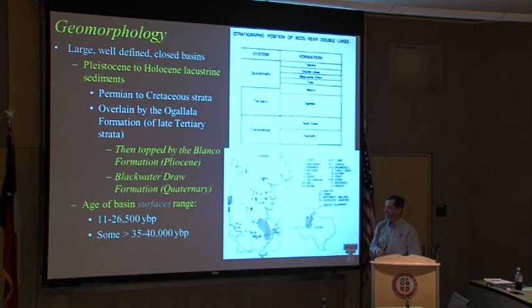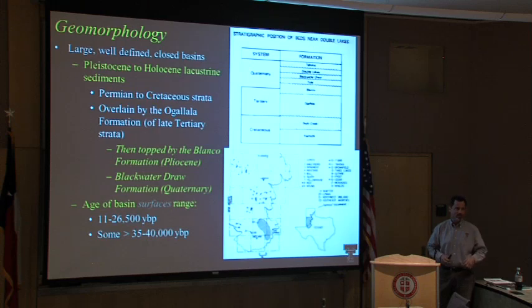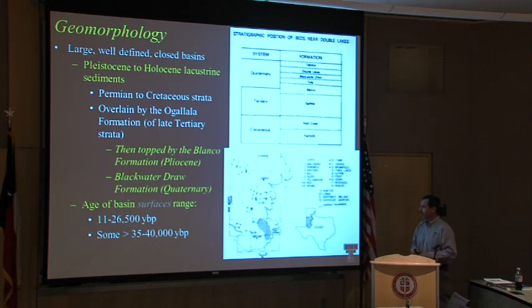The basin surfaces range quite widely in terms of their age, anywhere between 11,000 to 26,000 years before present. Some are considerably older than that. So we're talking millennial age of some of these systems. And unlike a lot of playas, they actually have names. You can see them on a map: Bull Lake, Tioga Lake, Mound Lake, Rich Lake, and so forth. They're actually pretty decent features. However, the normal condition now is not that they're lakes; they're more salt flats with intermittent water and historically some freshwater springs.